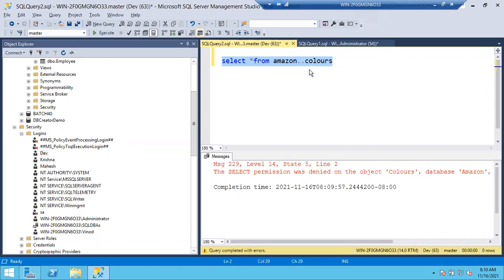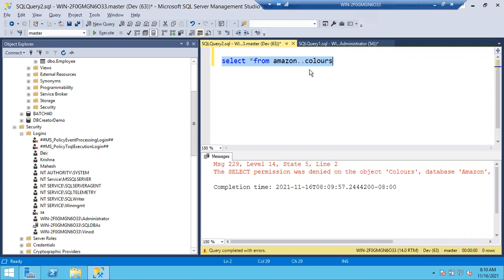Clear? In the database level, no one can stop deny, guys. Deny is the highest privileged permission in the database level. In the server level, sysadmin is the highest privileged permission. Even if you are a member of DB owner, if deny is there on you, you cannot read the data, write the data, whatever permissions are there, those permissions won't apply. Clear, guys?